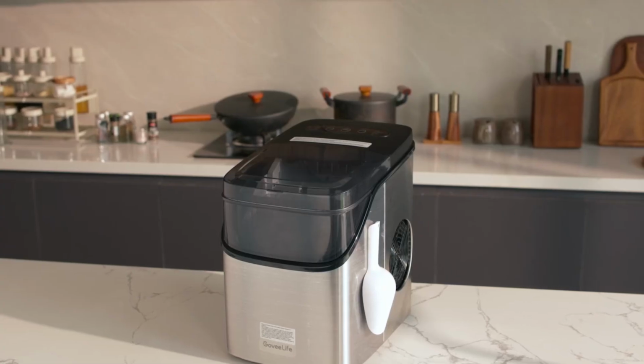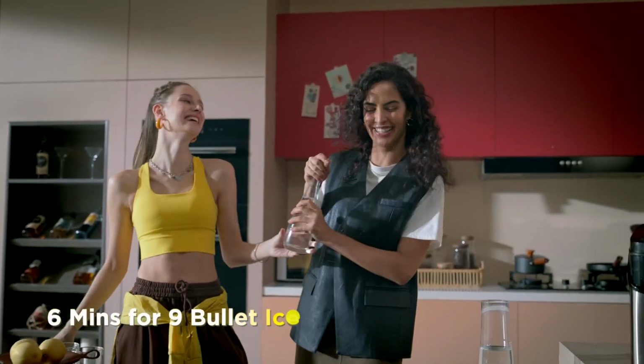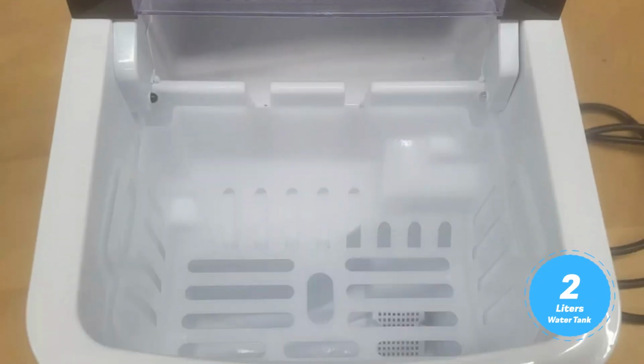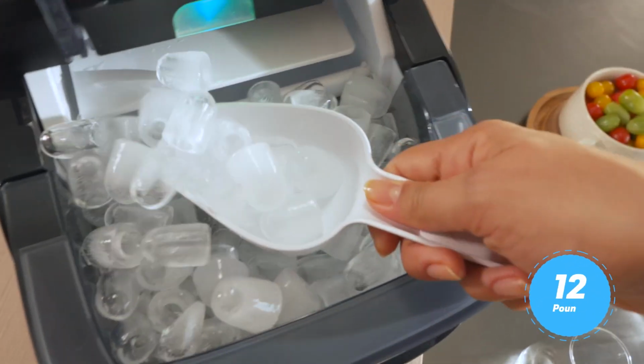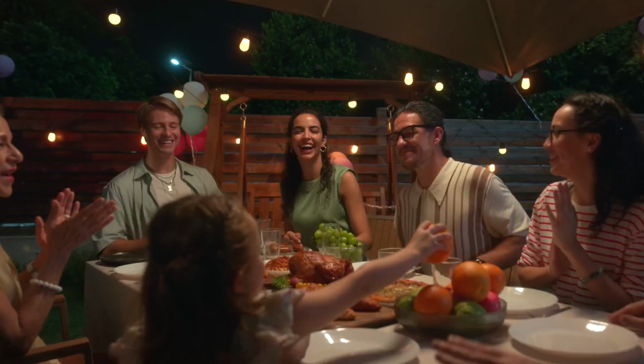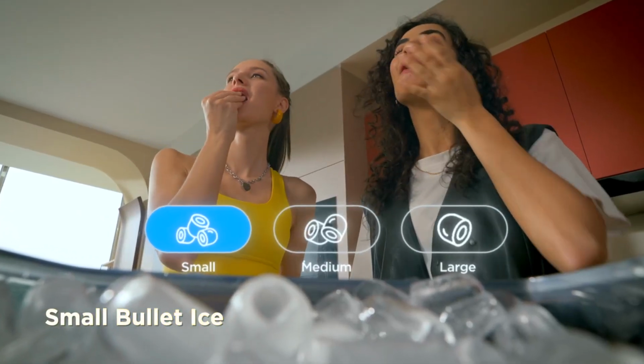Speed is where this machine truly shines. In just 6 minutes, you'll have 9 fresh bullet-shaped ice cubes ready to chill your beverage. The 2-liter water tank supports production of up to 26 pounds of ice daily, meaning you'll rarely run short even during large gatherings. Choose between 3 ice sizes depending on your preference, smaller cubes for quick cooling or larger ones